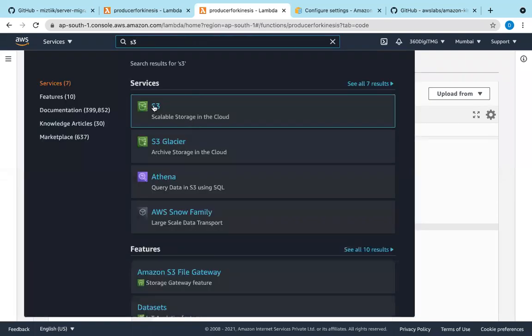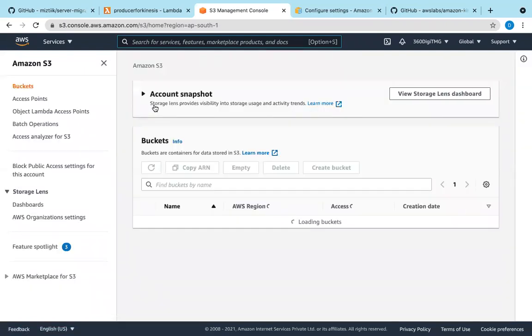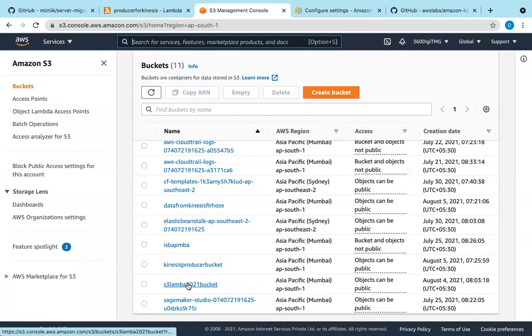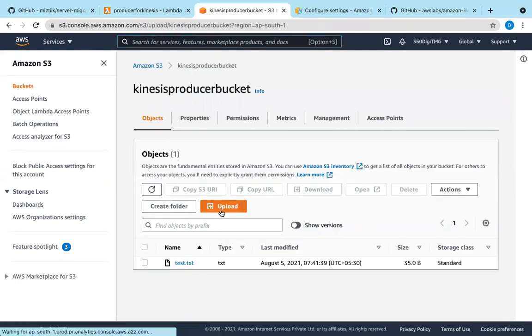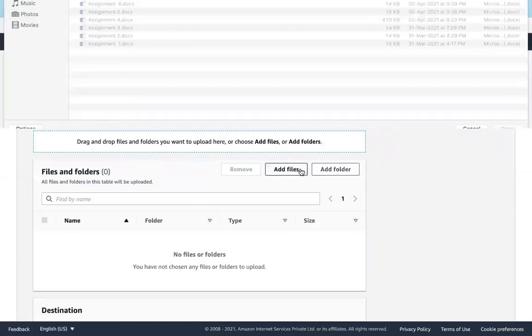Now we will see S3. Kinesis producer bucket. Upload. We'll upload the same file once again. Add files.